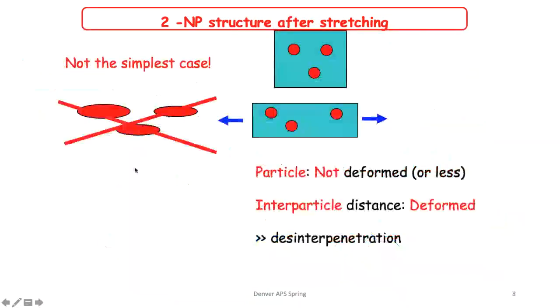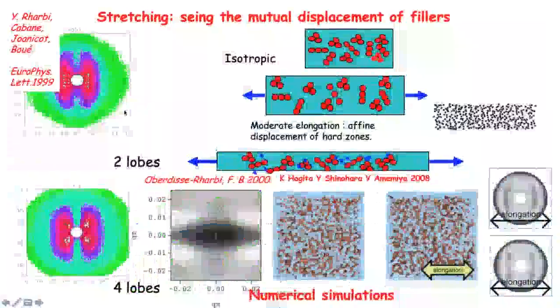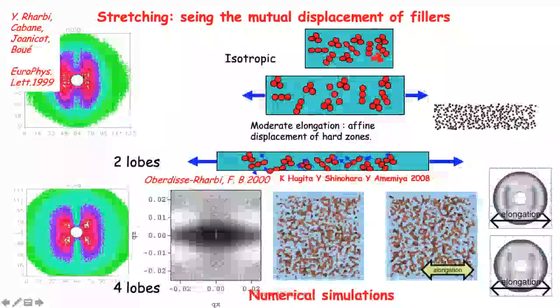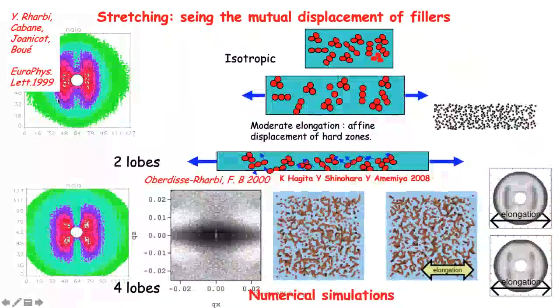Well, in practice, it's not the case because first, the nanoparticles are not deformed, and second, it is not sure that the distance between the nanoparticles would also be deformed affinely to the macroscopic deformation. So altogether, what we obtain is really very different. It is this kind of shapes, which are made of two wings here. They used to be called